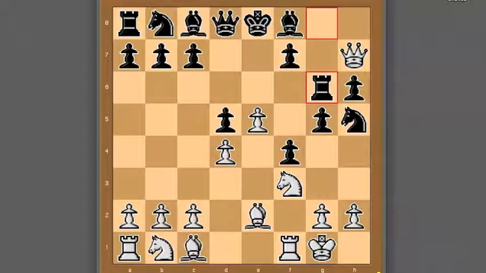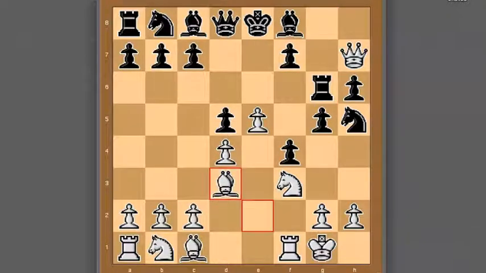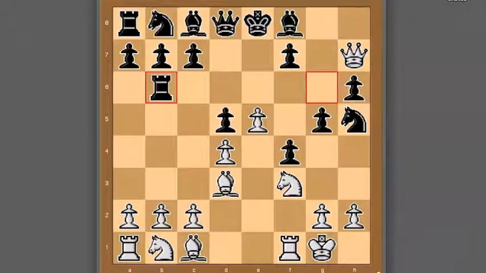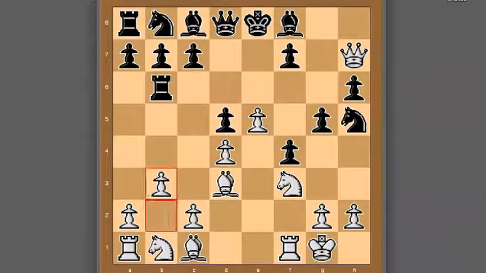And from here, the play continued with white attacking the rook with bishop to d3. Now, black saves the rook by putting it on b6, and what this is doing is putting a lot of pressure on the b2 pawn, which means that white is not going to be able to develop the bishop on c1 right away without losing that pawn on b2. So to immediately alleviate that pressure, white simply plays pawn to b3, and now the pawn is protected,